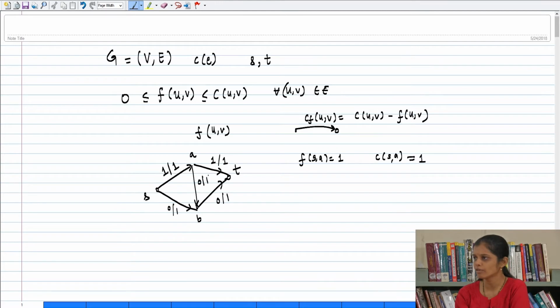Is this a valid flow? This is a valid flow, right. So let us ask, what is the residual network with respect to this flow? All of us have studied this in the previous lecture. So let us ask, what is the residual network? This is the flow F. So I will construct a residual network. The vertices remain the same, right. So I will just draw the vertices first,